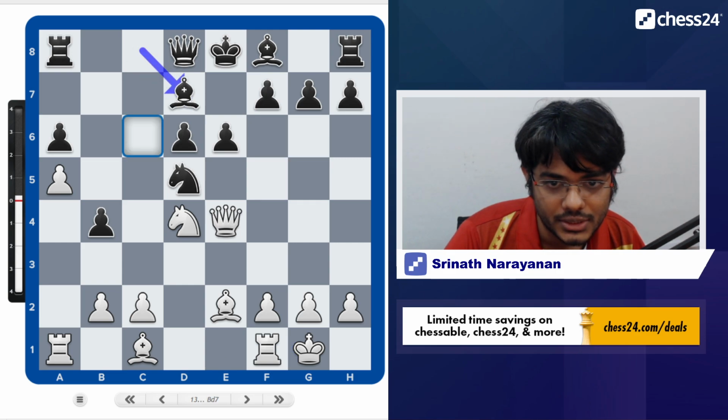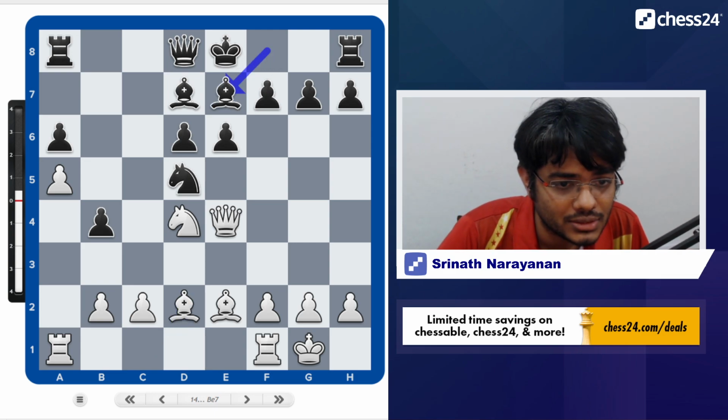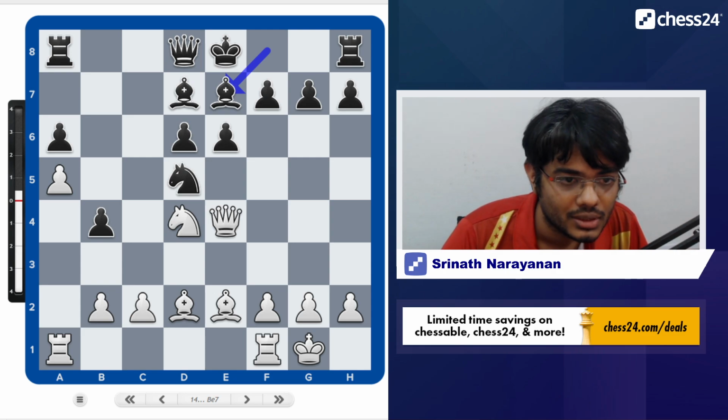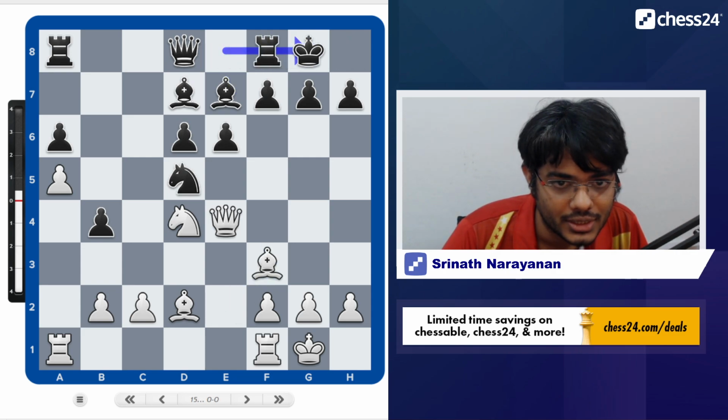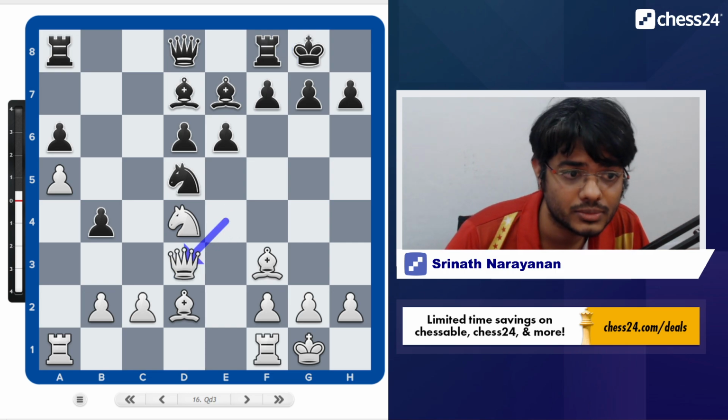Niels continued with bishop d7 and bishop d2, bishop e7. It looks like black is starting to get out of danger. He's going to castle the next move. Bishop f3, short castle, queen d3. And here white's point becomes very clear.